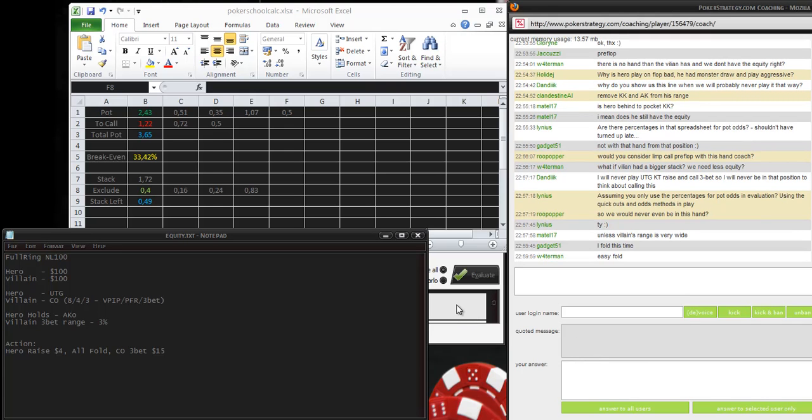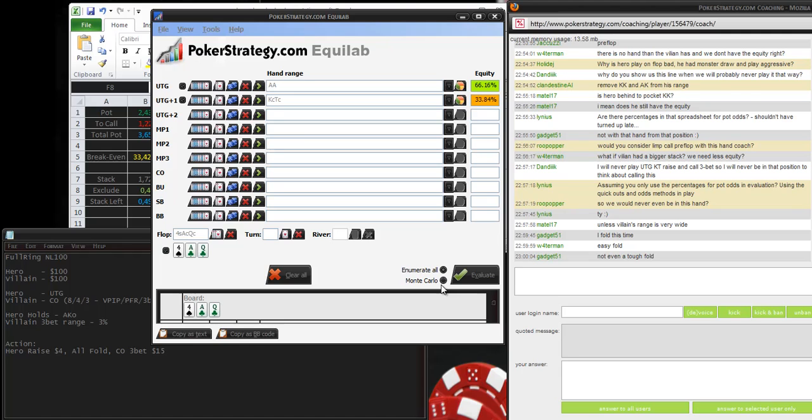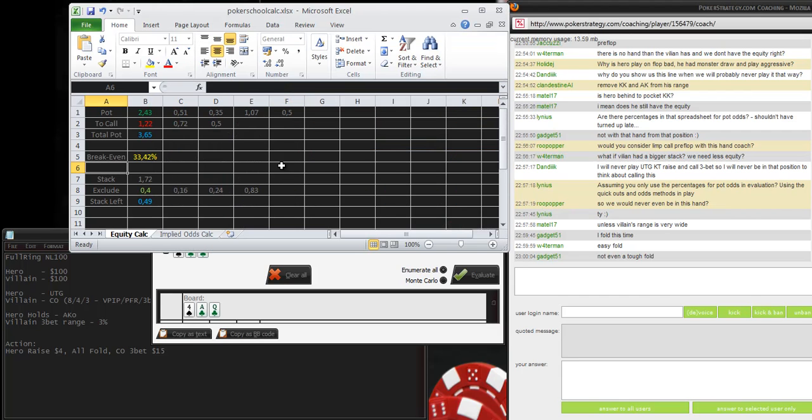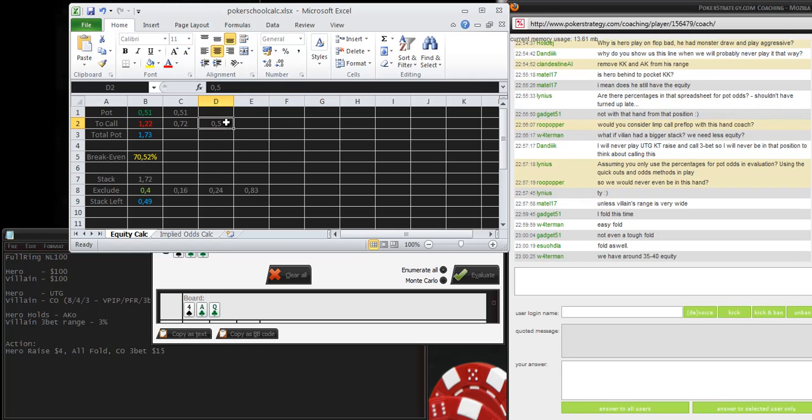Easy fold, yeah, okay. It should be pretty easy actually. And just for the reason, I'm going to show you that in this case we can calculate, for example, the equity, how much we need. Of course we could even calculate the expected value here and different stuff, but